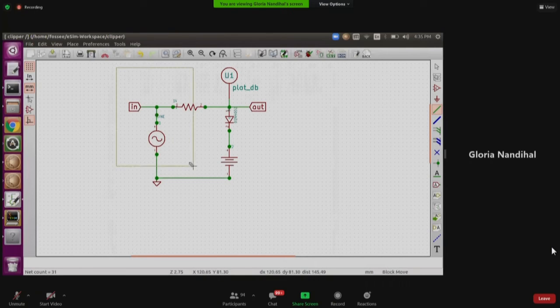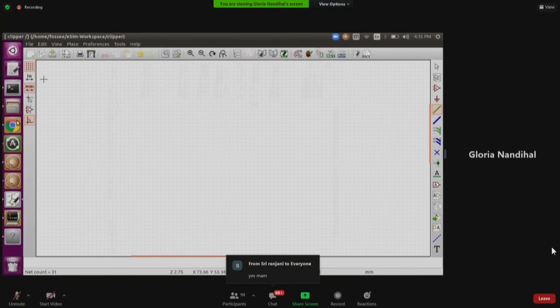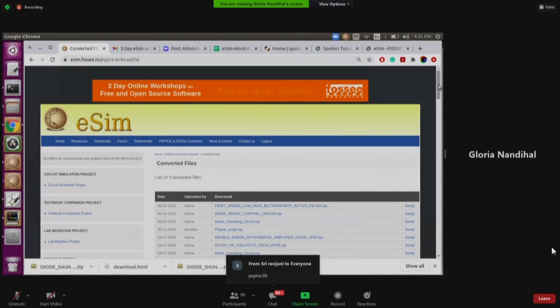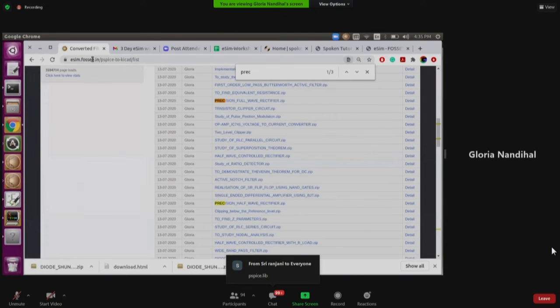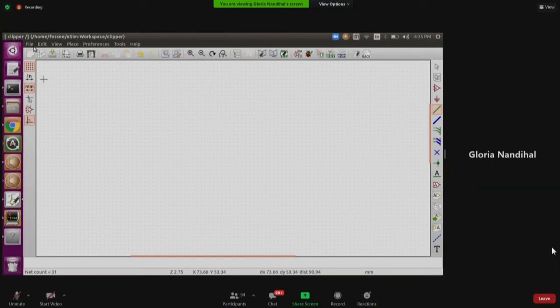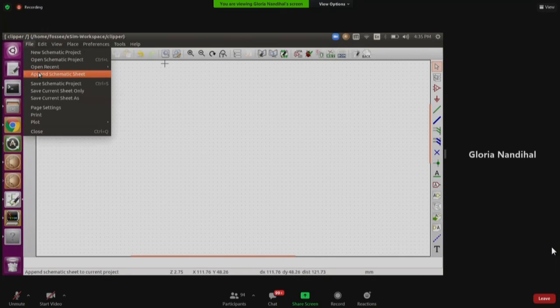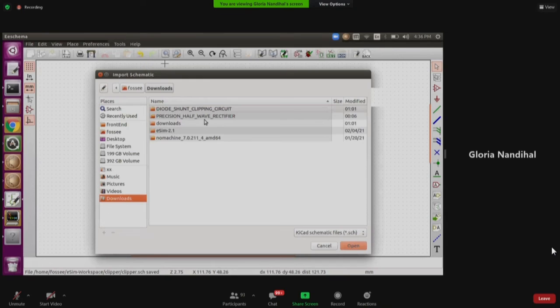So let me remove this. We have something, precision rectifier, from here. We downloaded it. Full wave rectifier and half wave rectifier. So we had downloaded it already. So I'll open the schematic. Again, how to append a schematic? Since eSim_PSpice is already loaded, I'm not going to load the library again. So file, append schematic sheet. Yes. So in the downloads,